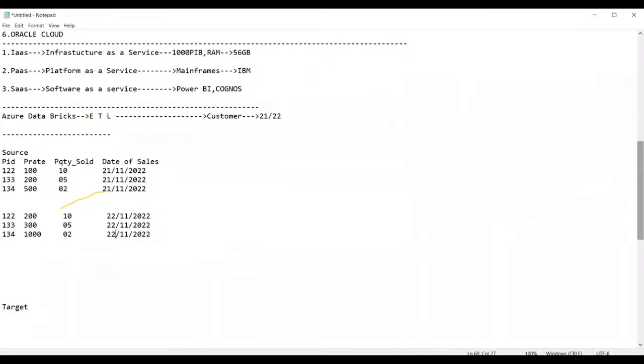Can you tell me, guys? Yes, difference is there, sir. How can you say? Just by looking into the data. Am I right or not? Just by looking into the data, you can say there is a difference.